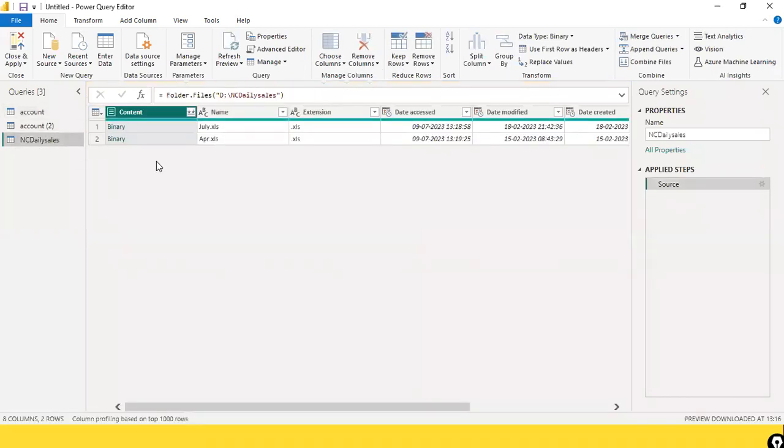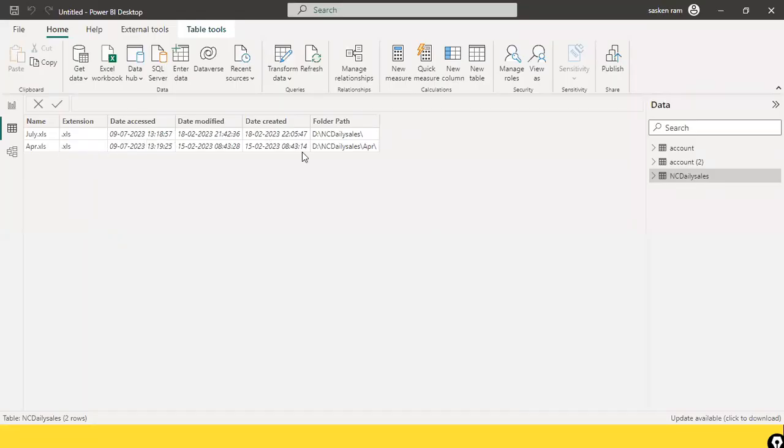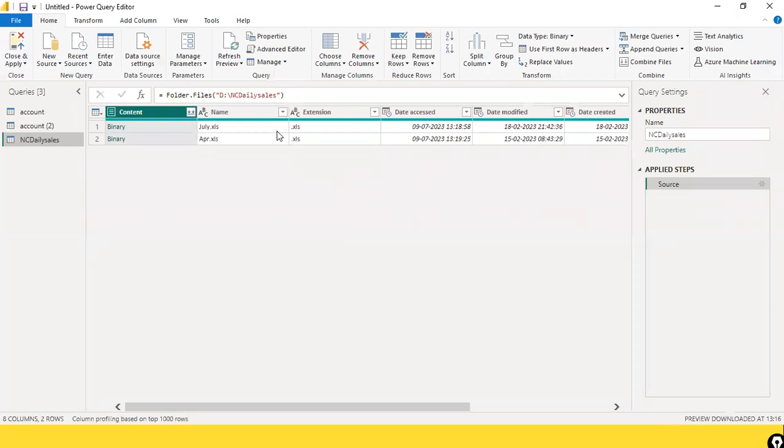And I'm going to select NC daily sales. Look here, the same thing. Whatever we have seen in the data view here, the same thing we are seeing in the Power Query editor also. What I'm going to do is select only these two columns, binary XLI, the July.xls,